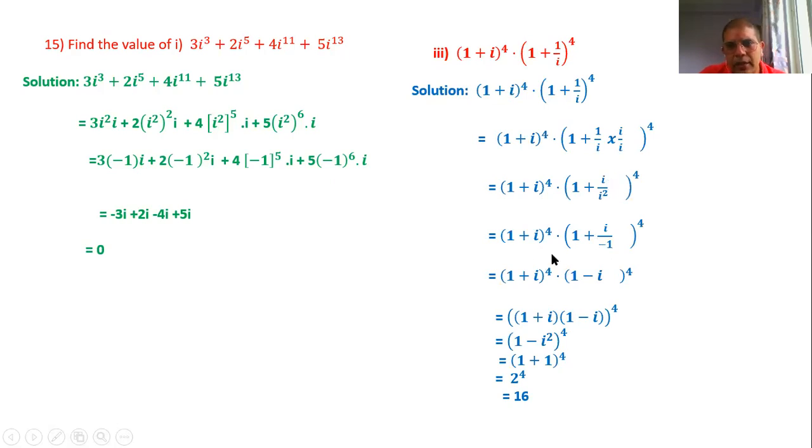All are the same, okay? Here all are the same, exactly changing this term. So i square is minus 1. So it is 1 minus i. Now both are raised to powers. Multiply these two: (1 plus i) and (1 minus i) whole power 4. Now it is (a plus b)(a minus b), a square minus b square. It is (1 plus 1) power 4. 1 plus 1 is 2 power 4. It is 16. It is your answer.